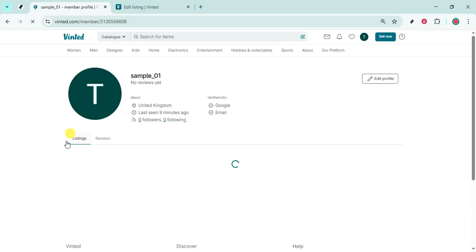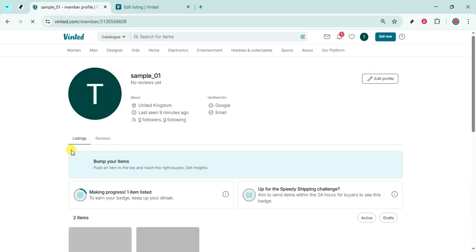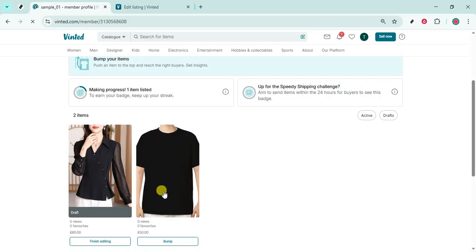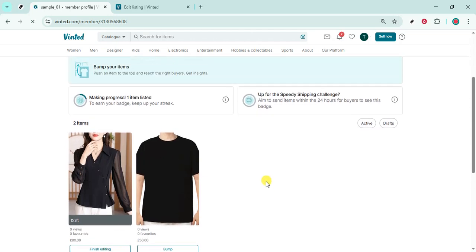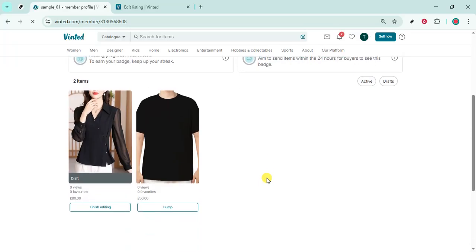If you've organized items into categories or filters, make sure you're viewing the section that contains the item you want to adjust. A quick tip, if you have lots of items, your browser's Find feature can help you jump to the right title faster. When you see the item whose price you want to change, click it to open the listing details. This is the same page buyers see, which helps you double-check the correct size, color, and condition before